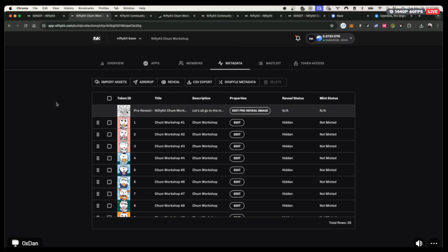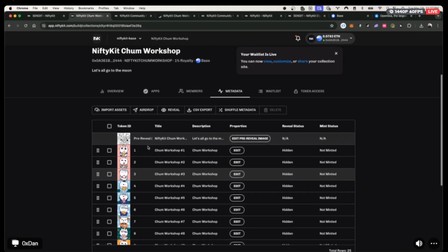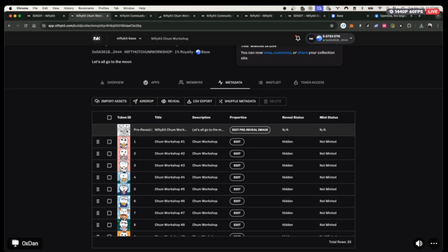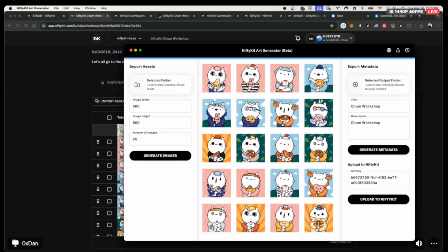It works with our application, or it can just work independently. Like if you've never used NiftyKit, obviously I want you to use NiftyKit, but if you want to do it a different way and you purely want to just do it for our generation, this is completely free. You just go to our site, download it, and then you have your artwork. And people use this just to explore their artwork too. So you don't have to be doing a